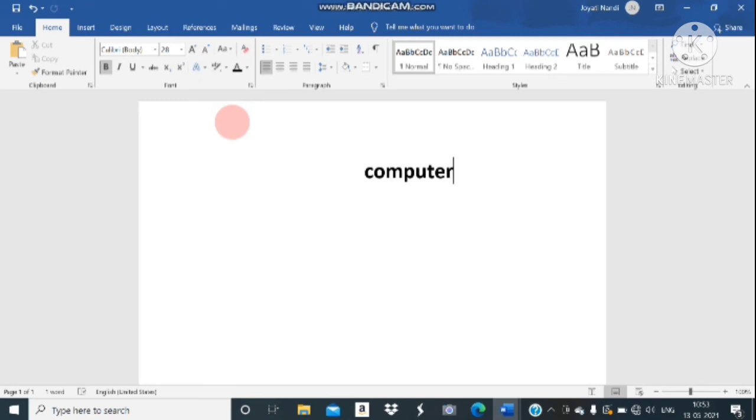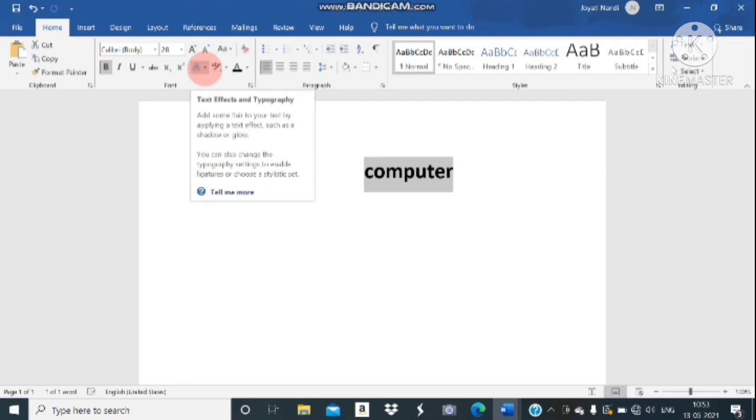highlighting the text. Okay, how can you highlight your text? For highlighting the text, first you have to go to your home tab. Okay, these are the tabs. First you have to click on your home tab, then go to your font group, home tab, font group. Okay, after that you have to go to highlight your text. So to highlight your text, you have to click on the option.